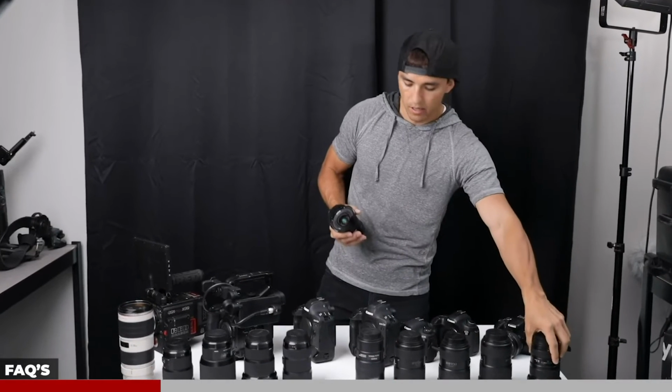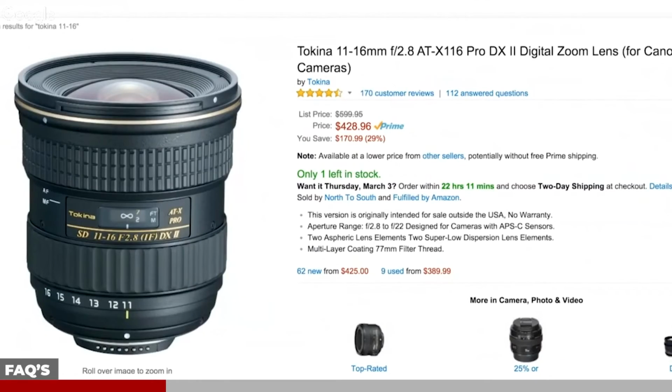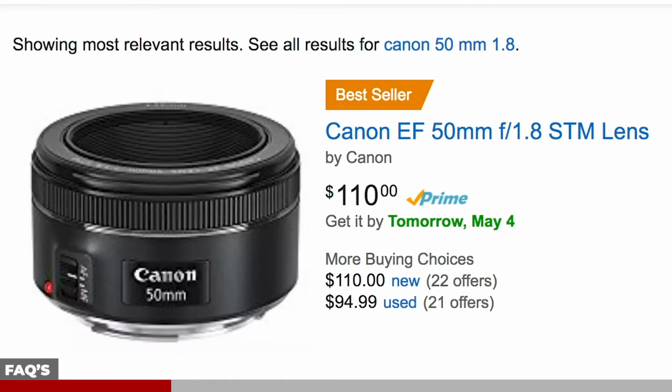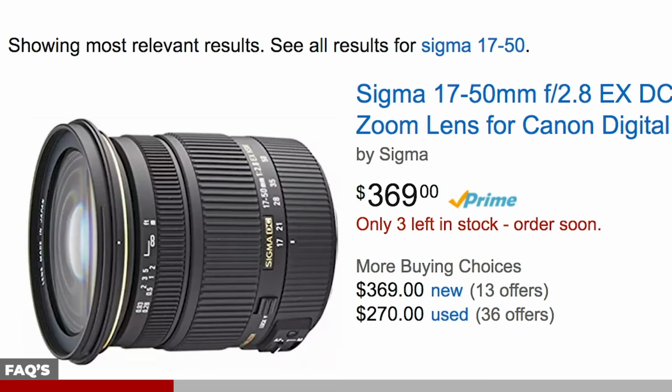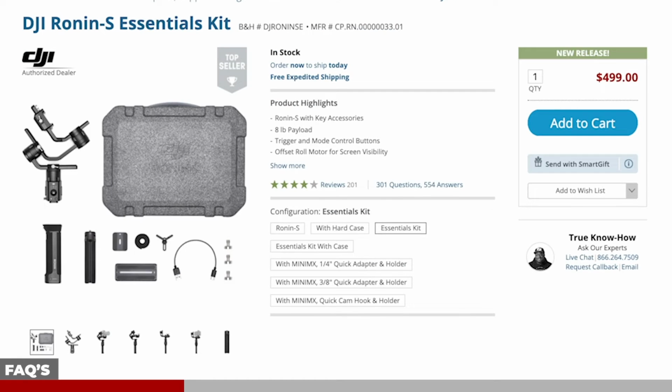Lenses are just as important as camera bodies, and depending on what you shoot, I'd recommend getting something like a wide angle lens like a Tokina 11-16 for a crop sensor camera, a Canon 50mm prime, or a standard lens like a Sigma 17-50. But for stabilizers, I personally love and recommend the GlideCam HD Pro or the DJI Ronin S, and you can get both of those for around $400 to $500 and discounted off of that if you